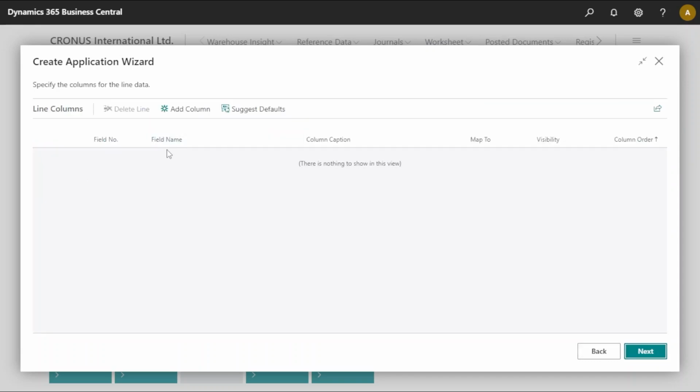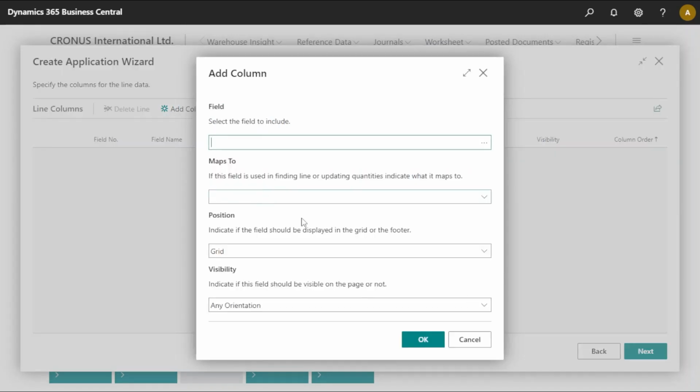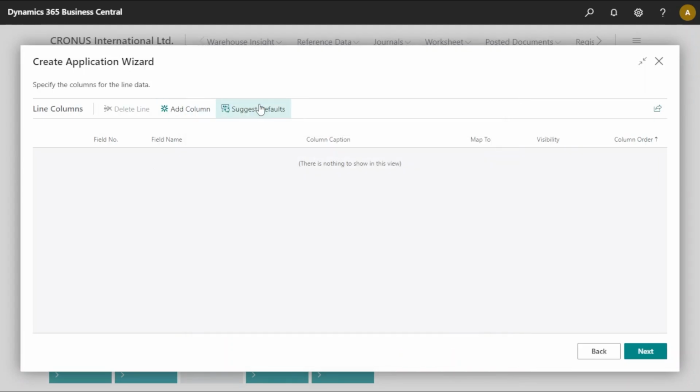Okay, hitting next. Now we need the line column. So again, this can get a little bit more involved. If you're doing the add columns, there's a few extra fields here because you need to map it up to, like, what field maps up to line number, what field maps up to bin code, that kind of stuff. And it's all part of that standard application development course we did. But you have the full option to do it here,